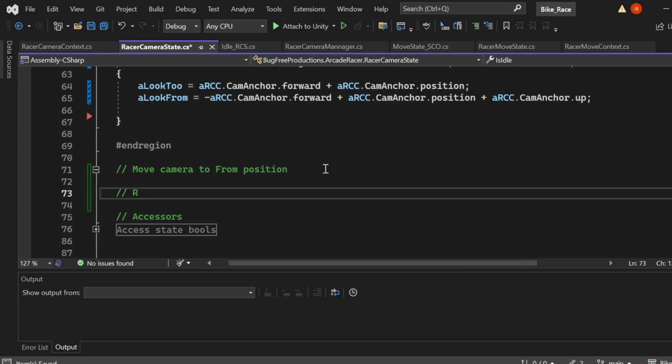We need to rotate camera to face to position. To position. And then from here,